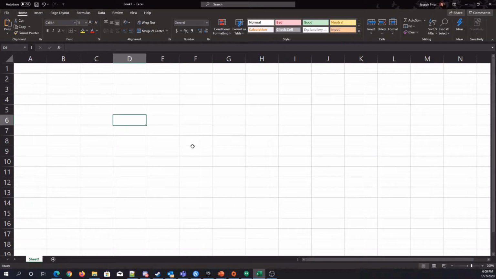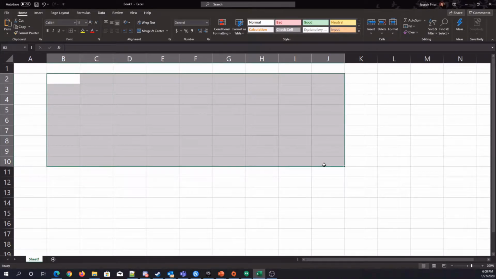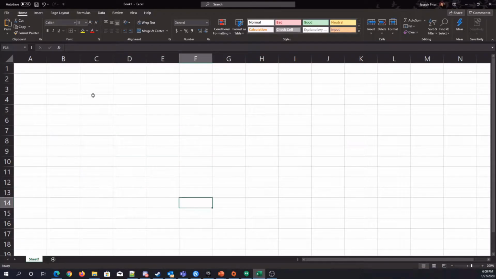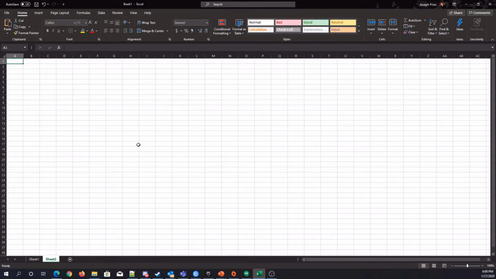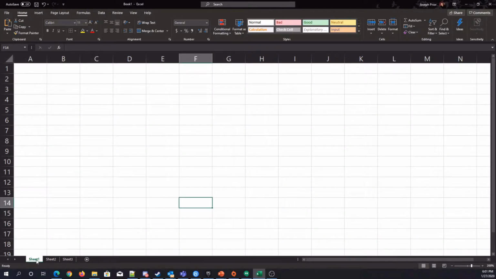So you've got an idea of the top of the screen, but as you can see, the top of the screen doesn't take up the majority of your workbook. So what do we have going on down here? This is your worksheet. And as you can see in the bottom of the page, we have sheet 1. If you were to click on this little plus, you would create sheet 2, which looks oddly enough identical to sheet 1. And sheet 3 would look identical to sheet 1, etc., and so forth. If you were to right click on the name sheet 1 here, you could rename it,